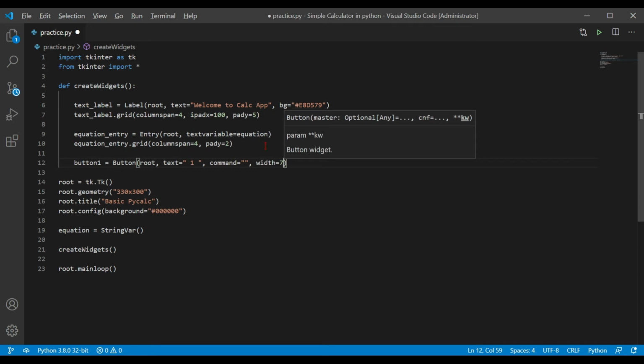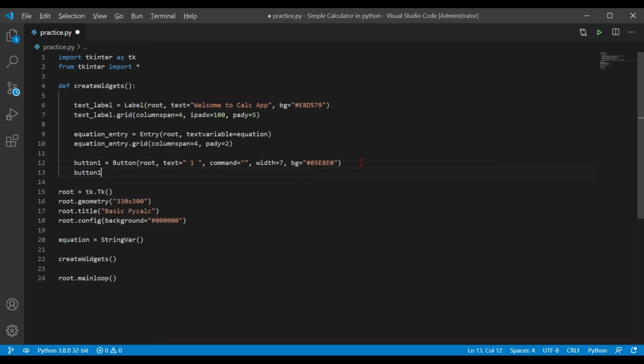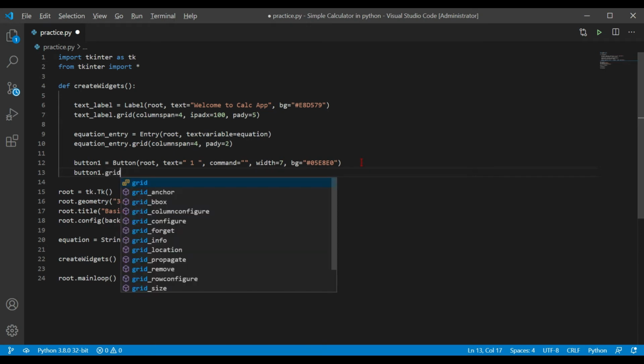Of course, a width and a background color. So let me give it 05E8E0. That's my color. You are free to choose it or choose your own one. Now let's place this button 1. Button 1 dot grid should be at